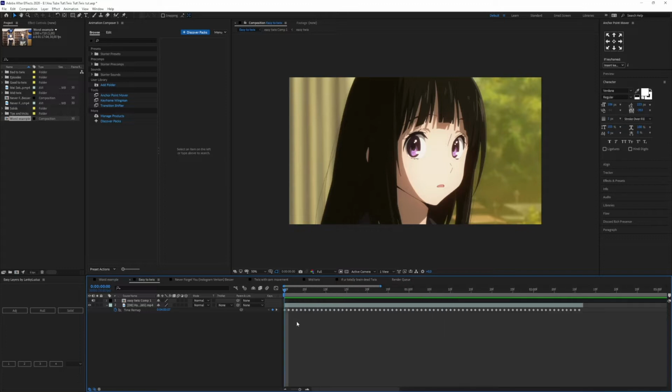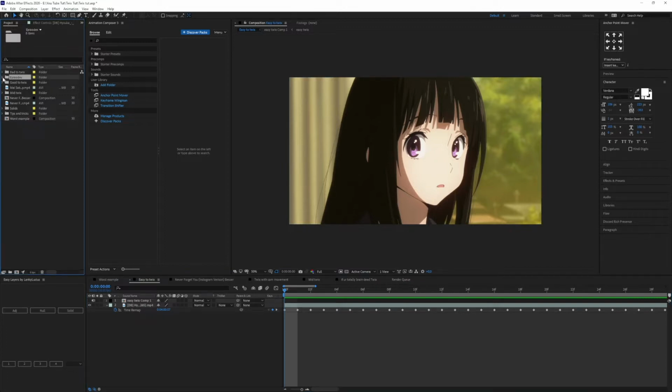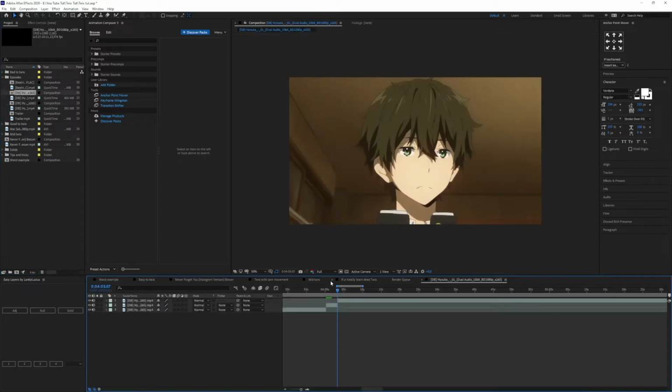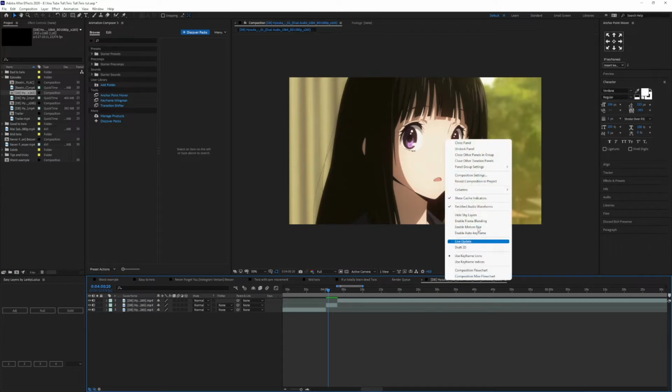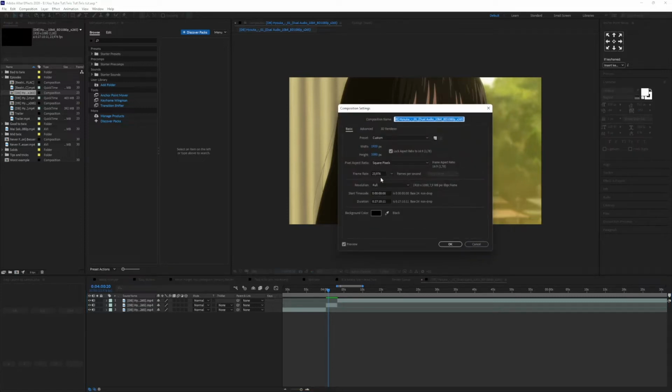And what can happen is that you can't move your keyframes. If that's the case, all you need to do is go to your scene here. If you downloaded the episode, you go there and check the composition settings. In the composition settings, you're gonna find this frame rate here. If it's like this, 23.976, you should